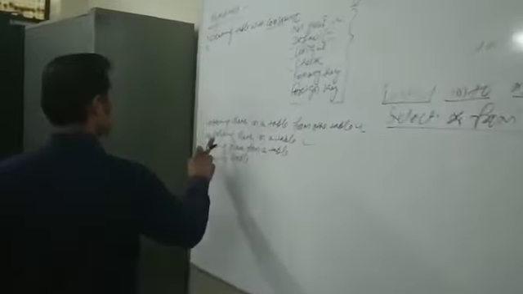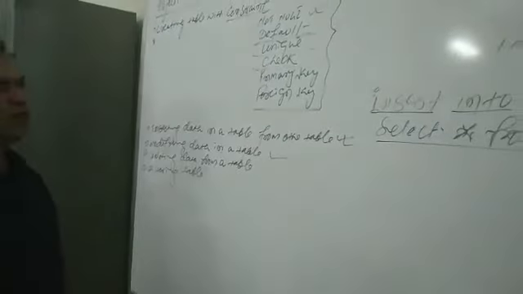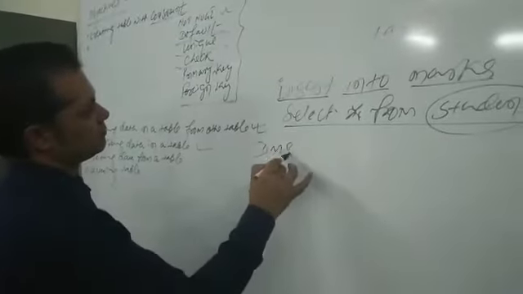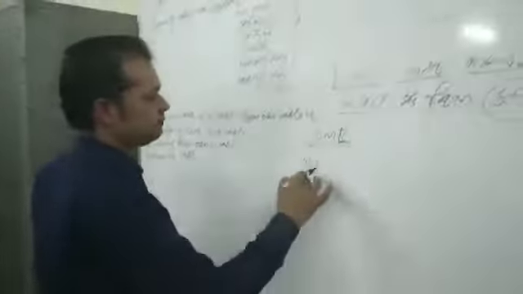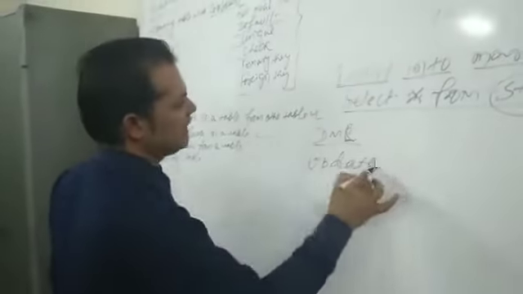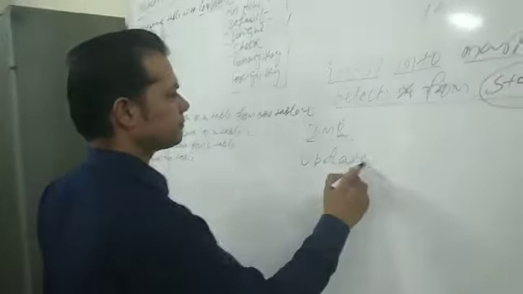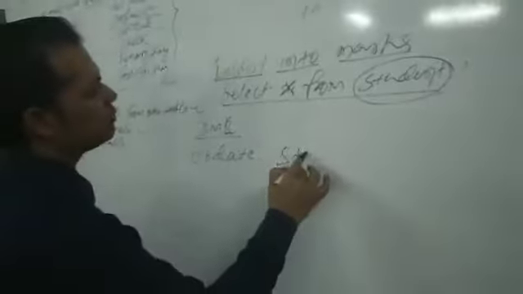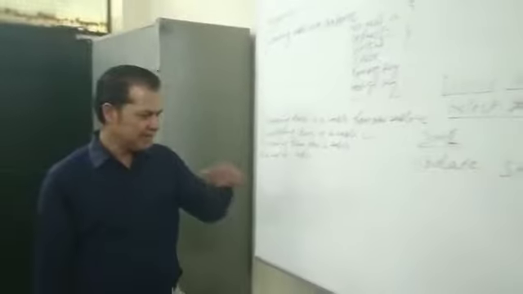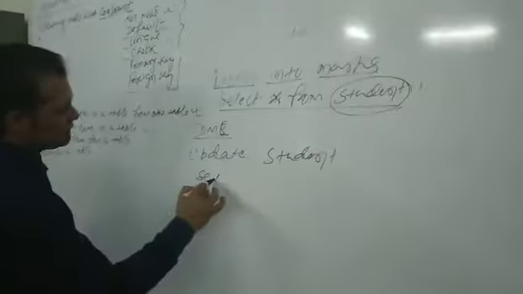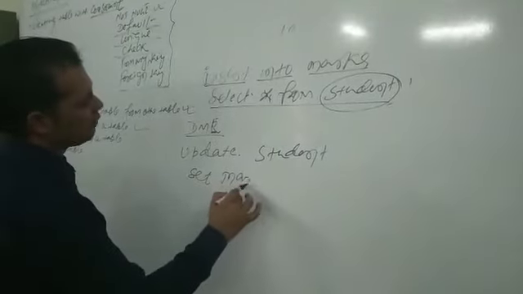Now the next topic is modifying data in a table. It means again we are talking about a DML statement, a DML command. Now to modify data we have a command called update. As you all know, the update command is there. So simply write update and the table name. Suppose I want to update the data of the student table. So the command will be update student. Then the next keyword will be set. Suppose I want to change marks.